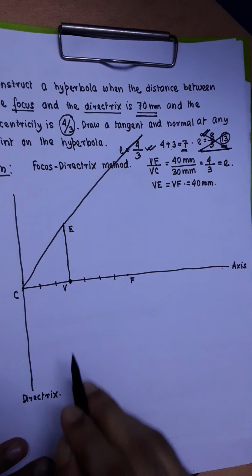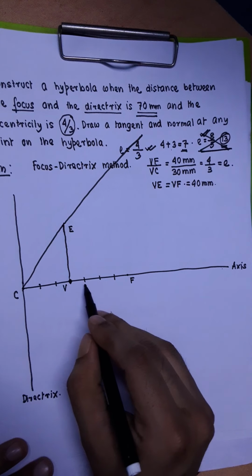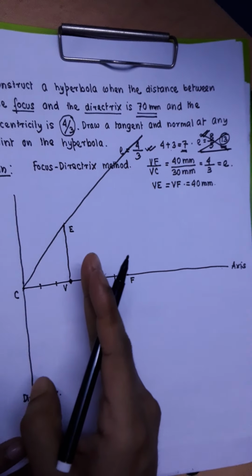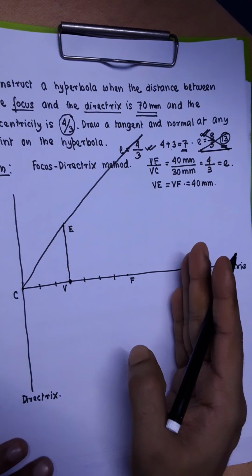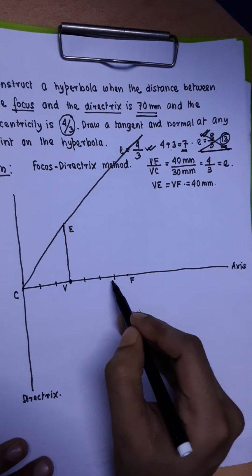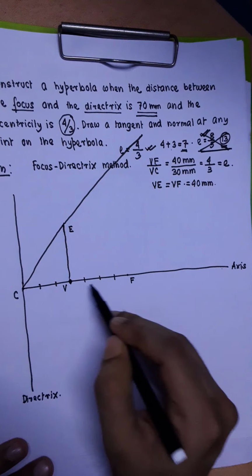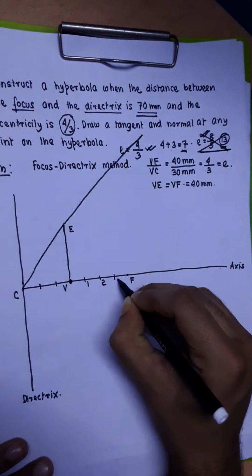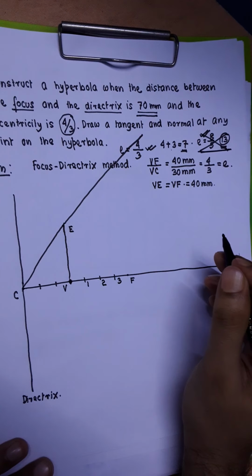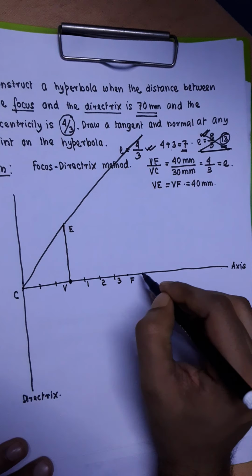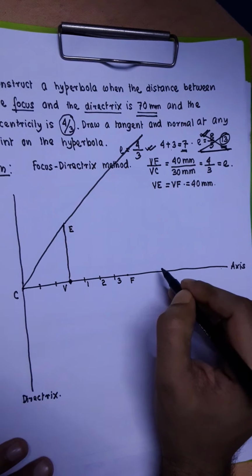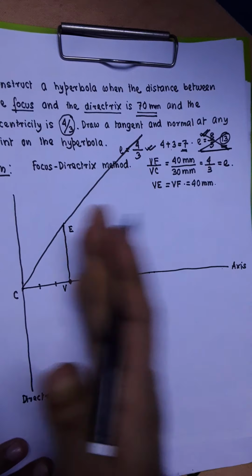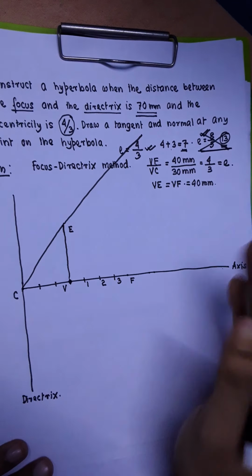Then what you do is you take 3 points anywhere on the right hand side of the vertex. You take 3 points, not necessarily equidistant, anywhere on the right hand side of the vertex. Now since these 3 points are already there, I would like to take these 3 points only as my required 3 points. So this point I am going to call as 1, this point as 2 and this point as 3. You can take 1, 2, 3 at different distances from each other also. You can take the point 1 here, point 2 here, point 3 here, and so on. But all the points should lie on the same side of the vertex.